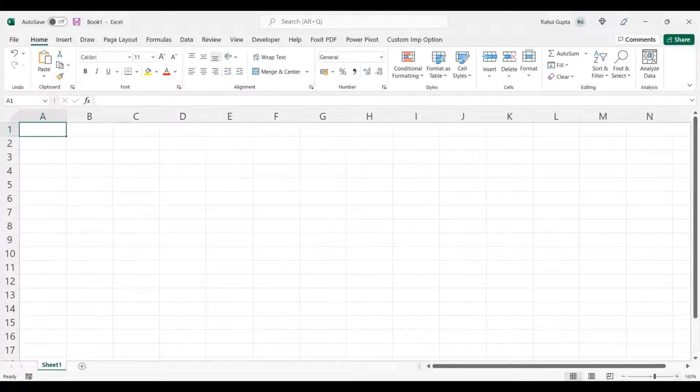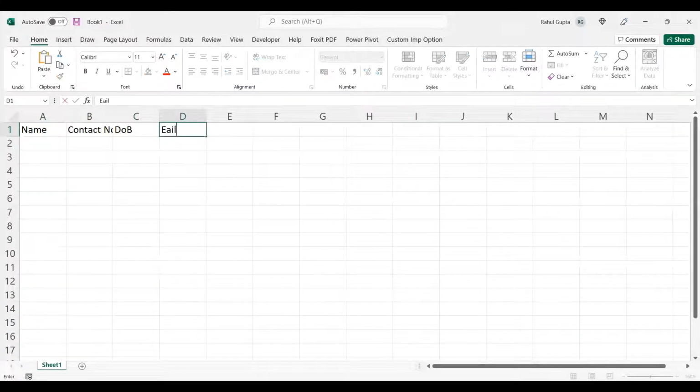First let's make a data sheet and work on it. First I'm giving some headings: name, contact number, date of birth, then email ID, and city.